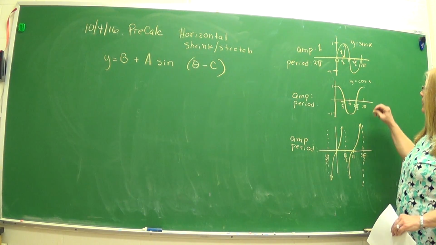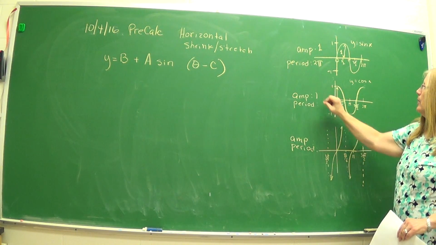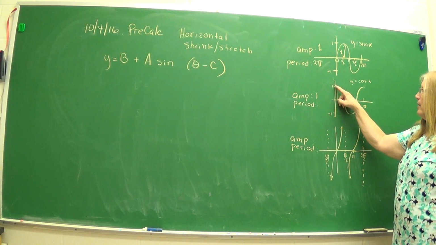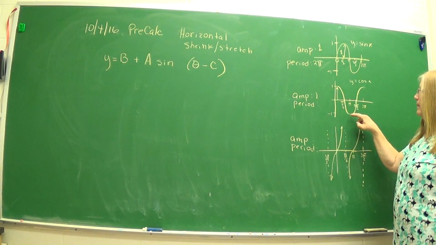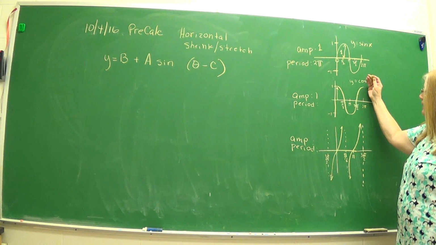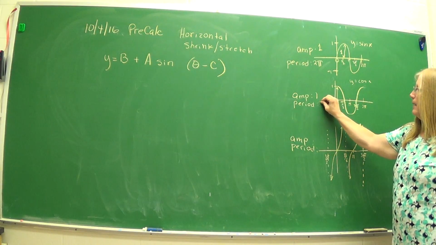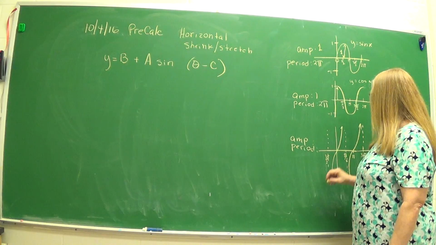All right, the amplitude from the middle to the highest point is again 1. And the period is how long before it starts repeating itself. It started at the mountaintop, went down to the valley, back to the mountaintop where it begins to repeat. This also took place in 2 pi radians. Alright, so when we go to the tangent curve,